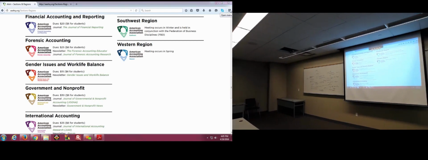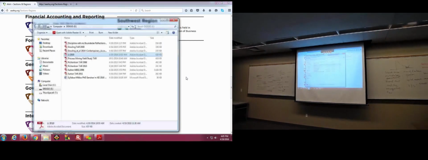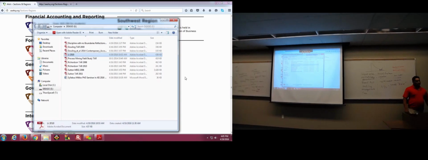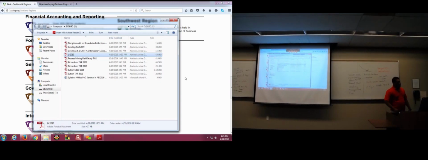And to sort of help you with that, what I want to do is go through some papers that have been published in the leading accounting journals. All of these papers I'm going to go through have been published in the A journals, all right? And we'll talk about how they were published in the A journals, even though the authors are coming from the AIS field.